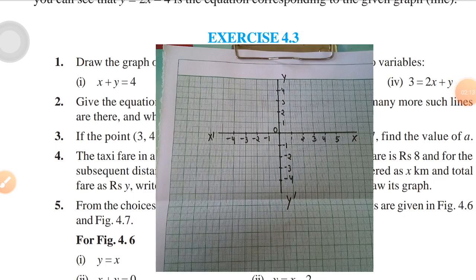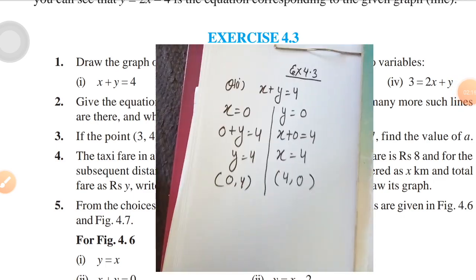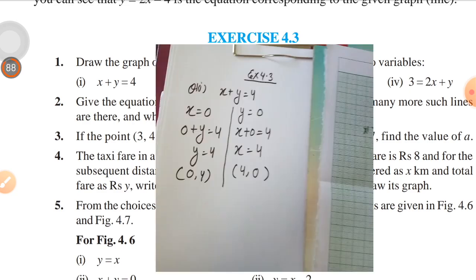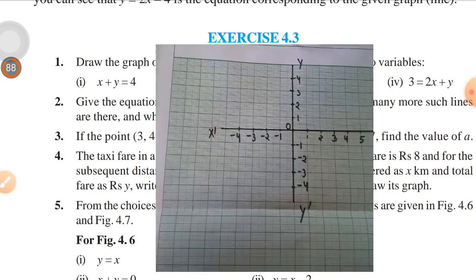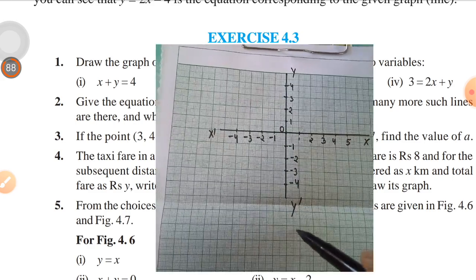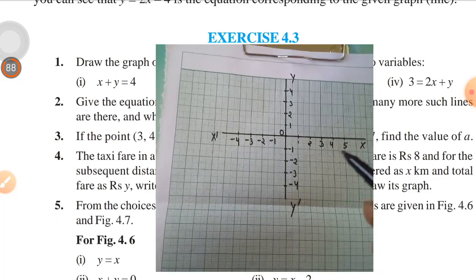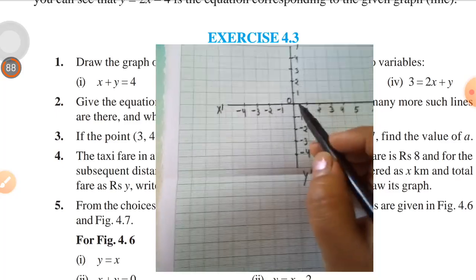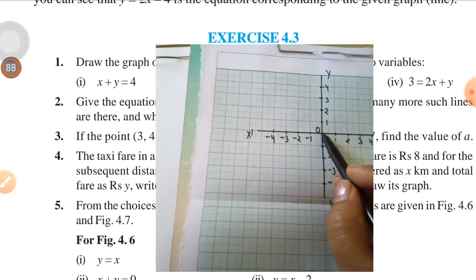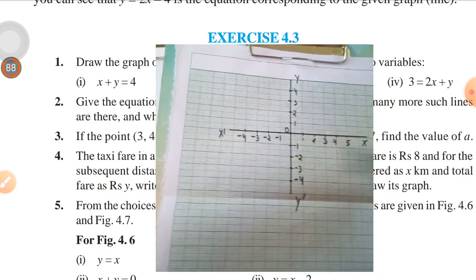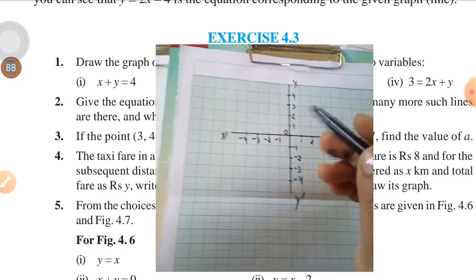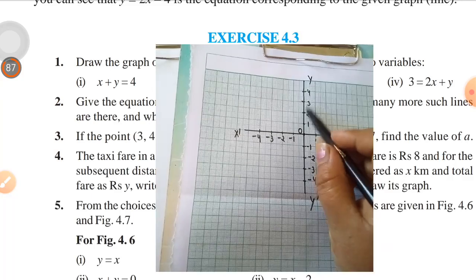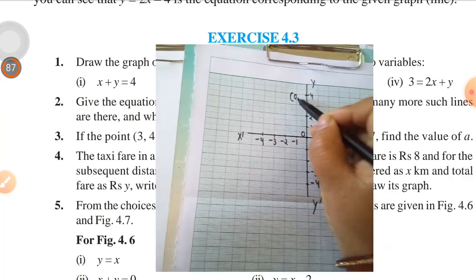Now you can see that we have 2 points as I have solved earlier, 0 comma 4 and 4 comma 0. We have to locate these 2 points on the graph. For that I have prepared a graph with x axis and y axis. Now we have to locate the 2 points on this Cartesian system. The first point is 0 comma 4. How can we locate 0 comma 4? 0 means first you have to put your pencil. I have made all these things with the help of a sketch pen, but you will use a scale and pencil. Now see the 0 comma 4. So this is 0 and 1, 2, 3, 4. So this point is 0 comma 4.